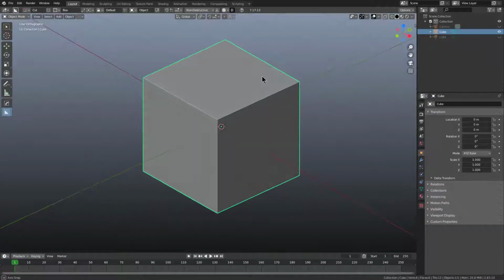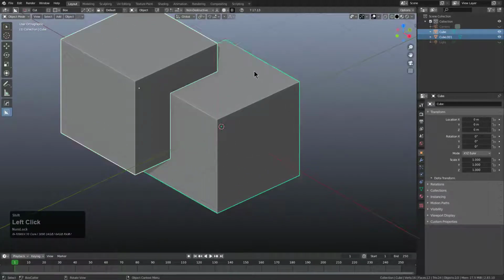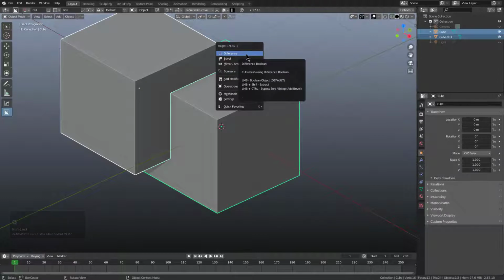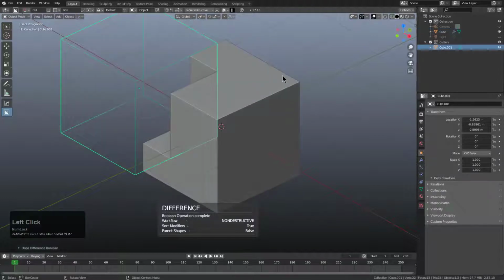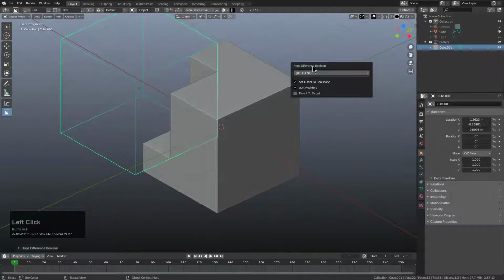So whenever it comes to booleans, in this case, I'm just going to Shift D, duplicate this cube, and then Shift select the main shape. I'll press Q, and we'll just use a difference operation. Whenever you perform a Boolean operation in object mode, you can press F9, and there's an option here that'll let